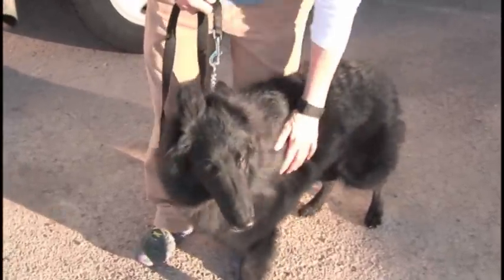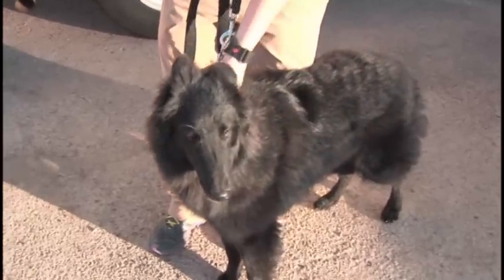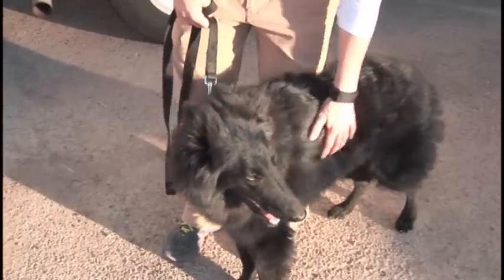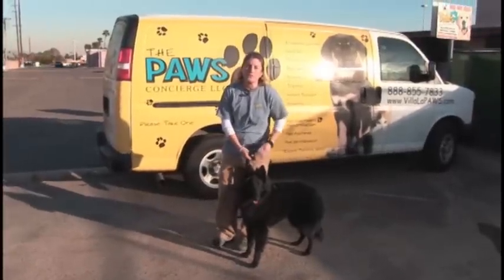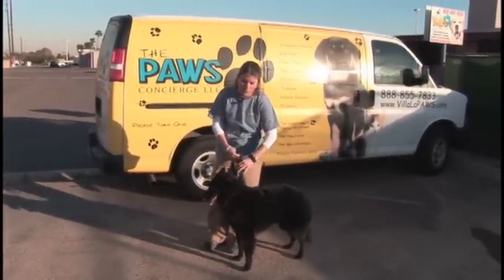She came to me today. We're working on a little bit of crate training for her, but this is going to be our first experience with learning how to walk on a loose leash, because she tends to drag mom and dad around when she walks on leash. So my first step when I first start teaching a dog how to heel is we